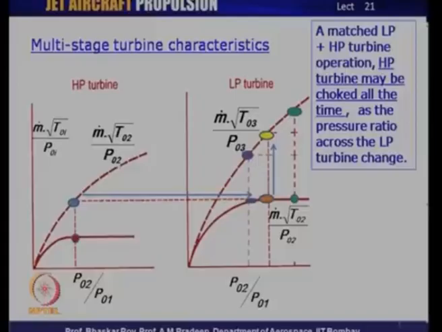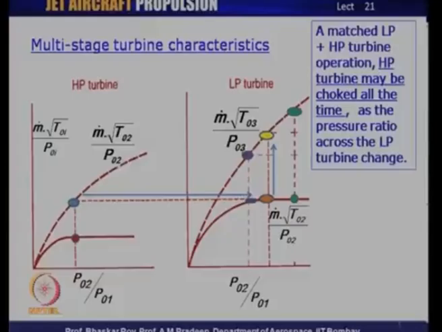It is fully choked now, and corresponding to that the HP turbine will continue to remain choked. Not only will it continue to remain choked, it will continue to remain operative under the same operating condition. That means its choked condition will remain exactly the same as it was, which means that under variable operating conditions of a LP turbine, where it can go down to even unchoked or highly choked, fully choked, the HP turbine will continue to operate under stable